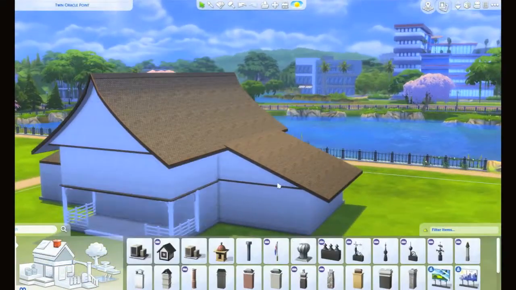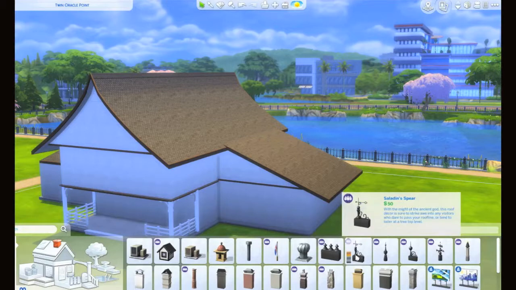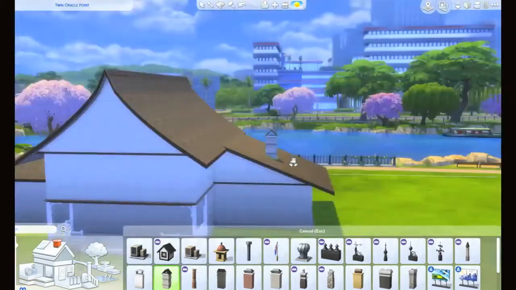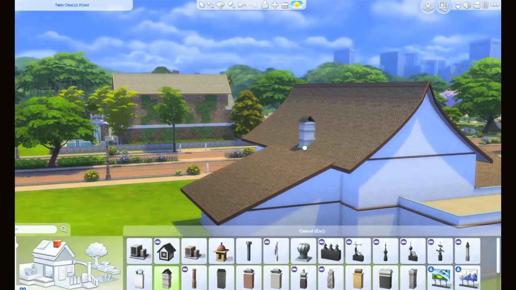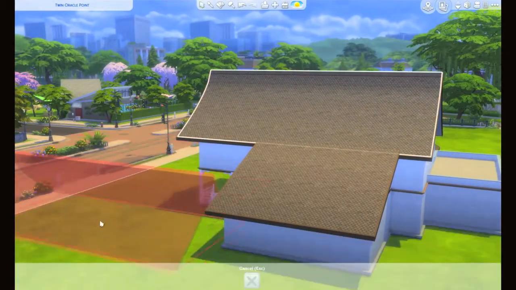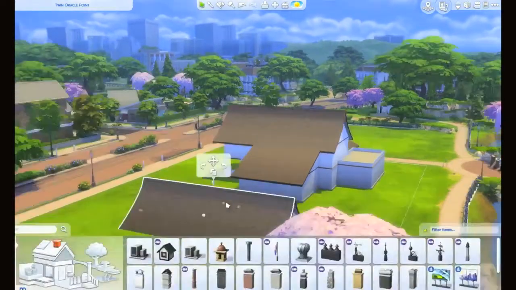And once you've built your roof, there are a lot of different things that you can pop on top of your roof. So you can pop on chimneys. You can do this by just hovering over where it is, and you can pop them on the ground, but they will line up in the roofs. And if I just move this roof off for the moment,